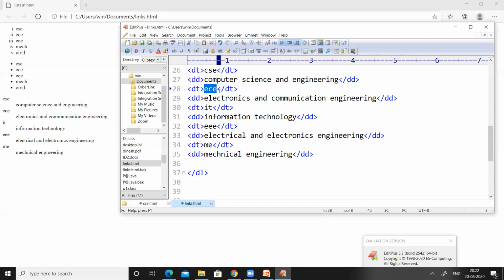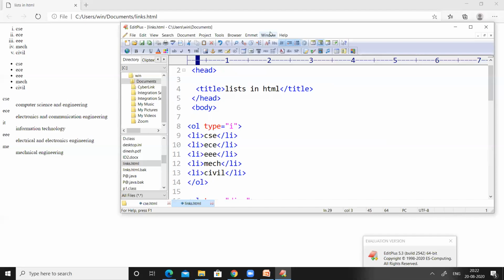You can observe that the things represented here are the data terms, CSE, and ME, which are there.